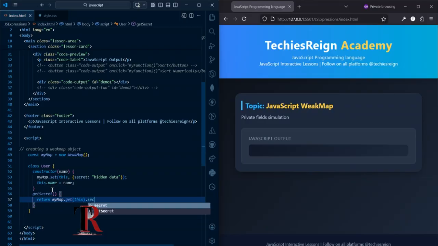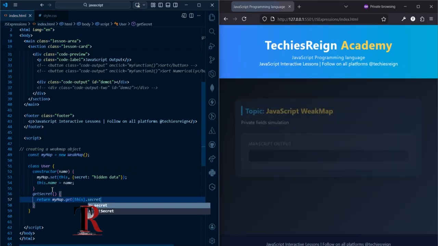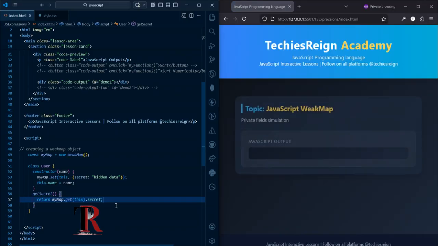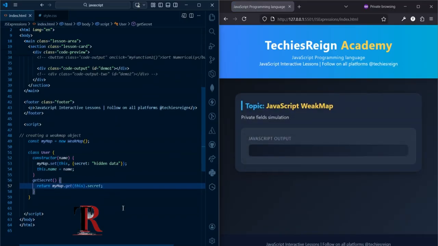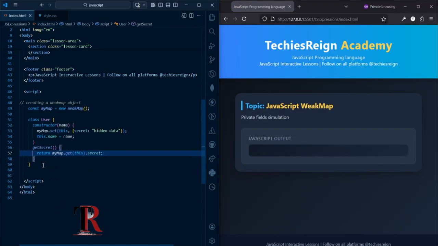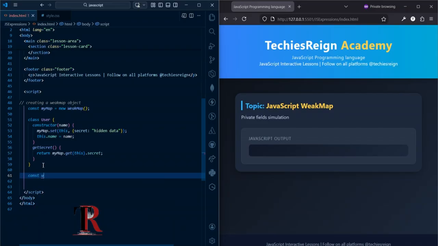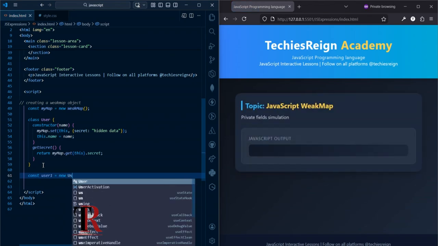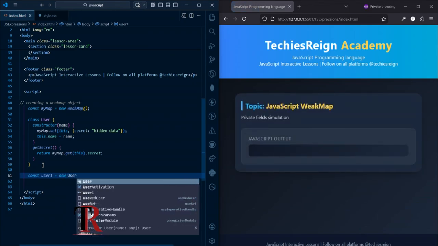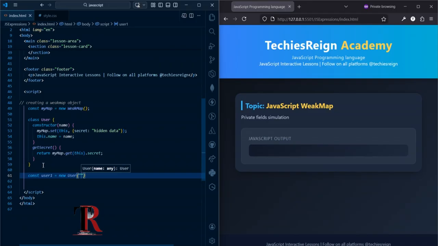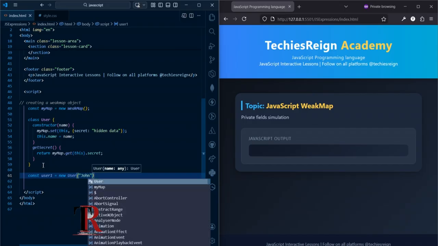This dot secret. Now I have my constructor and my get secret function. So let me make a user one, to create an instance of the class. So what will be the name? Because the constructor function requires a name. So let me say the user one is John,